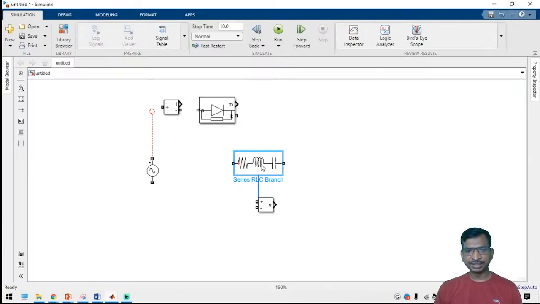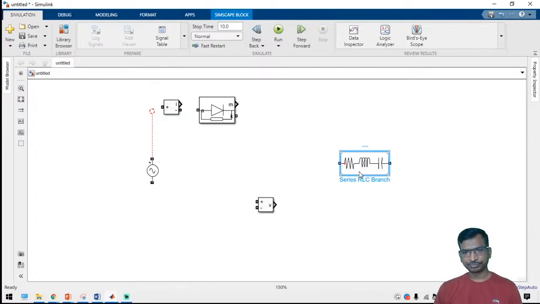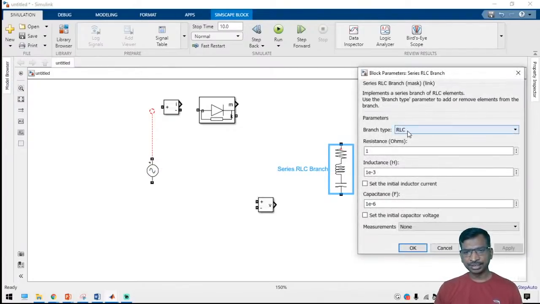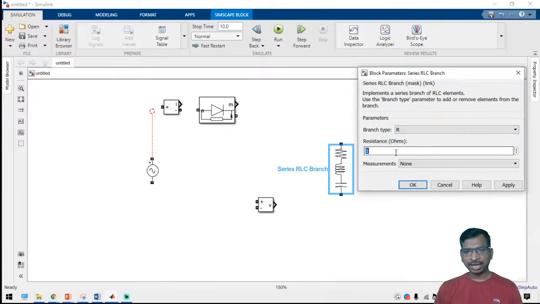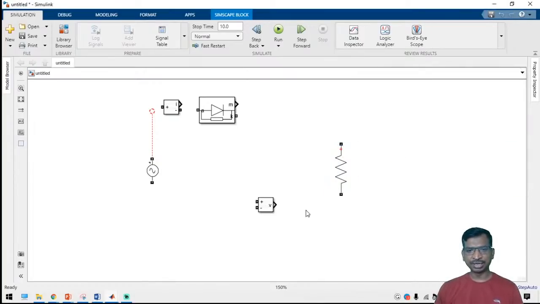So just select it, rotate the component and open the parameters. Take R alone, and here I am going to use 230 volts and the load current will be 5 ampere. This is the resistance value, right? So just take this one.